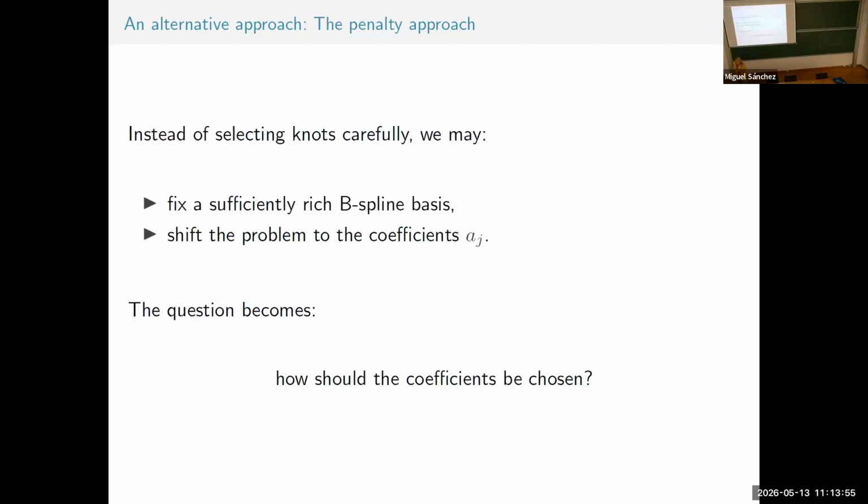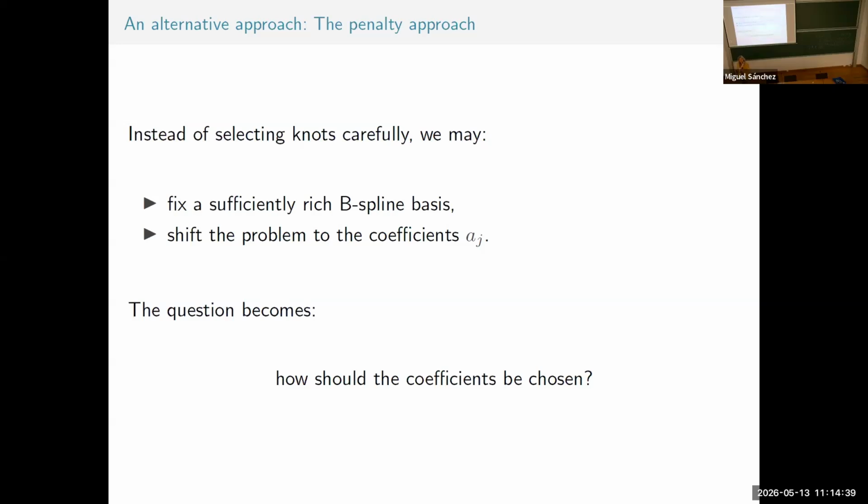So you choose a sufficiently large basis. What is sufficiently large? If you are in one dimension, one knot per every 5 points, but no more than 40. Unless your data are really weird, you don't need that many knots. With 40 knots, in general, you are fine. When you are in multiple dimensions, less than 100 knots, you are not going to account for these things correctly, but sufficiently large.